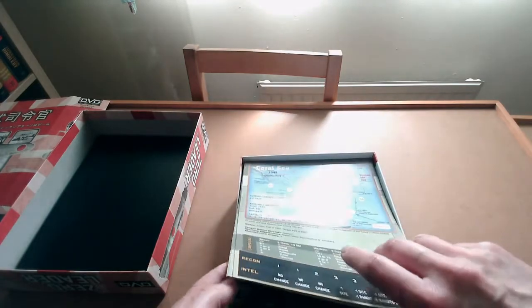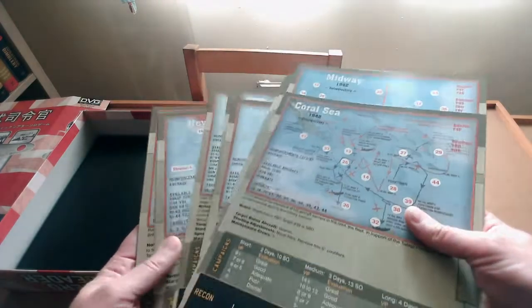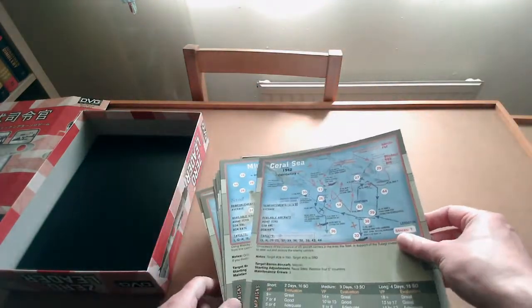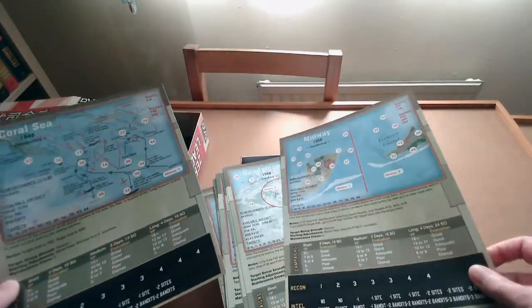And then we have a lot, actually, of campaigns. Yes, when I say a lot, that really is a lot. These are the individual campaigns. So you've got the Coral Sea campaign, Battle of Midway, Guadalcanal, Santa Cruz,